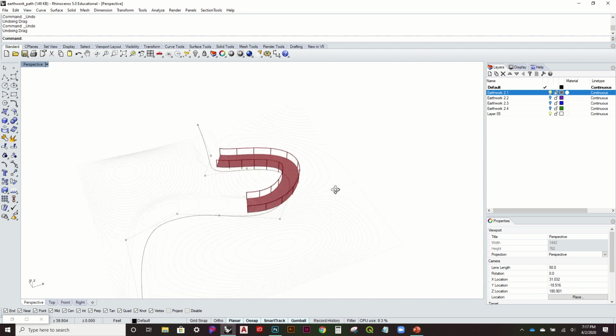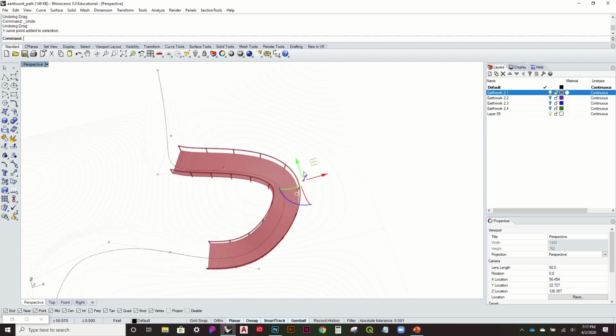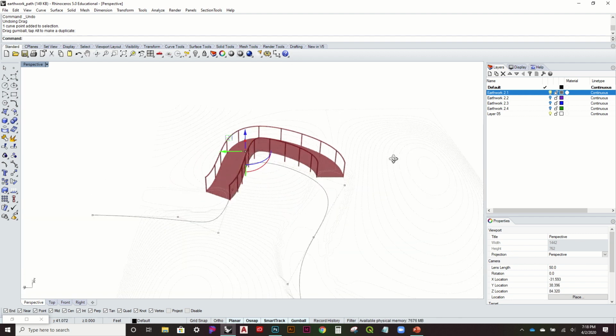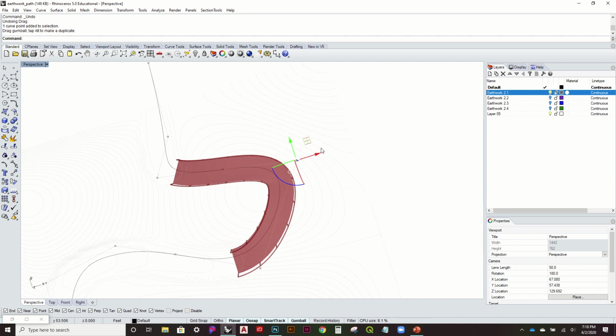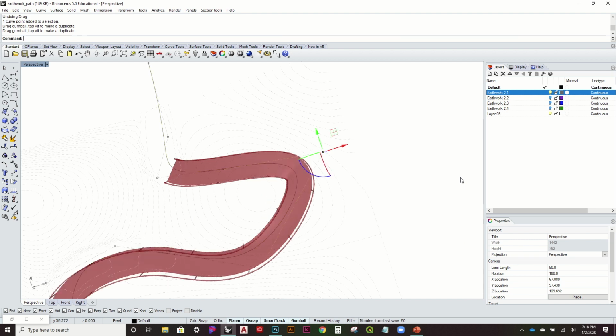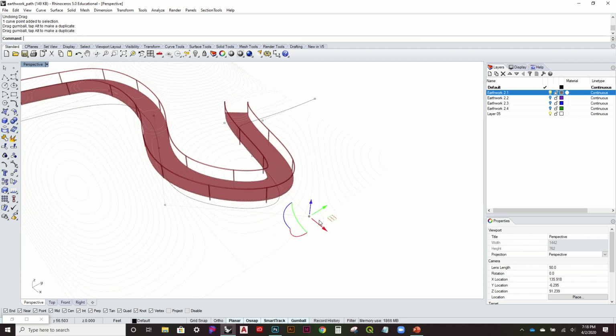So yeah, just be careful. Maybe if I just try moving that one a little bit. There we go. So that didn't affect it. It's probably that point that's messing it all up. Nope, that one's messing it up too. So let's try. I'll have to look into why it's doing that,